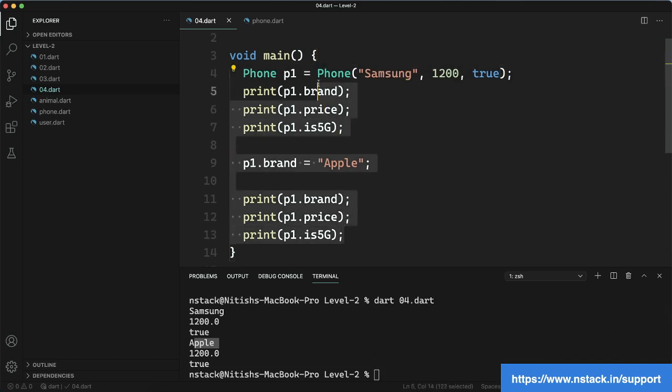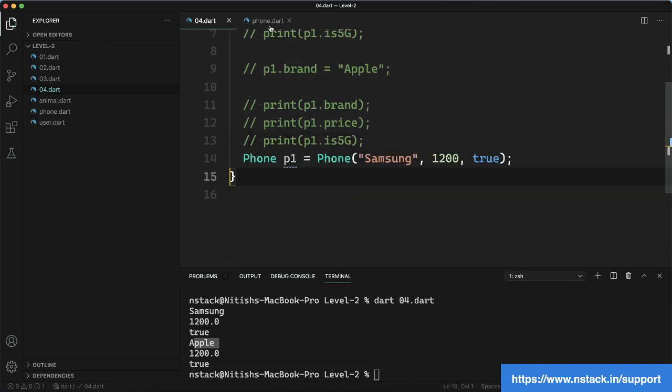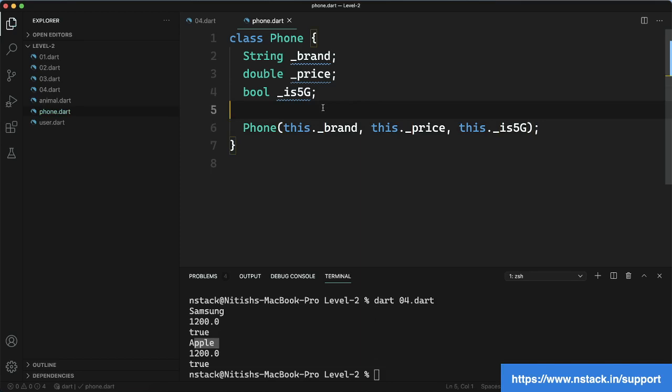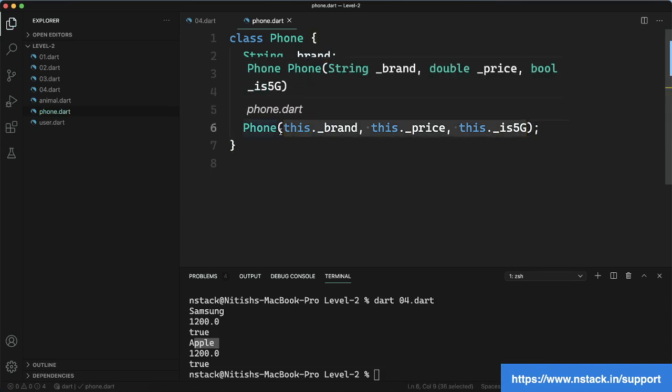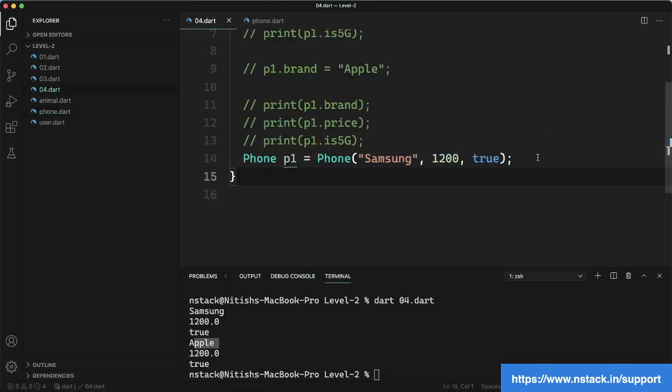For that we need to use private. So let's come here and try this. Now I am going to make things private. I will use underscore, underscore, and underscore, and I will use underscore here also. Now this one is fine. We have made everything private, which means that we can set the value using the constructor, but after that no one can get the value using the instance. Let me show you that by example.